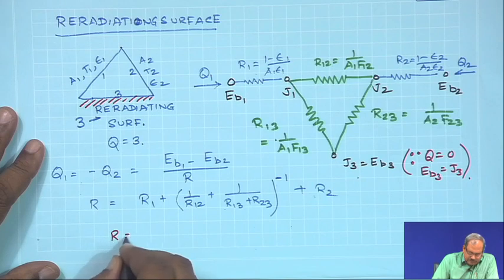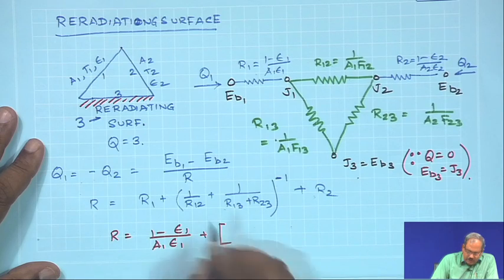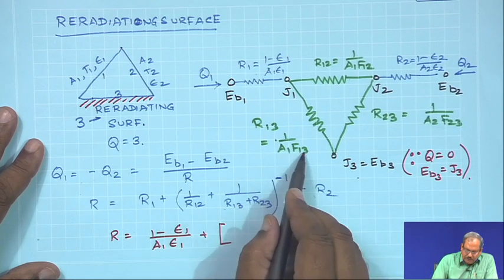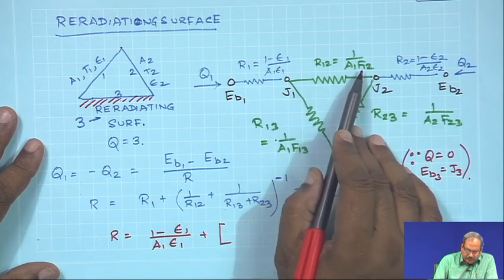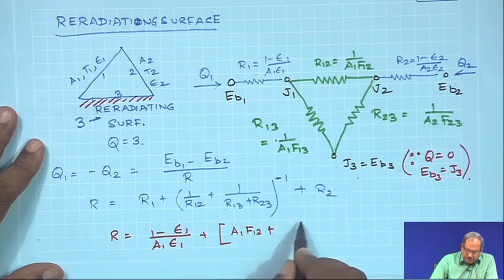this R would simply be (1 minus epsilon 1) by A1 epsilon 1 plus R12, where 1 by R12 is 1 by F1, 1 by F12. So, it is A1 F12 plus